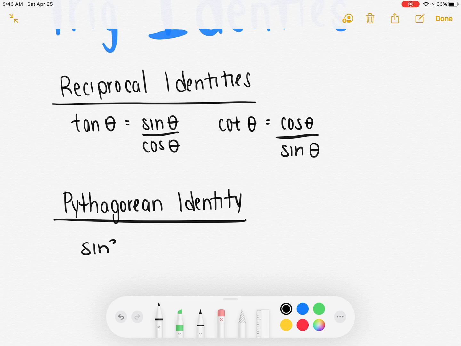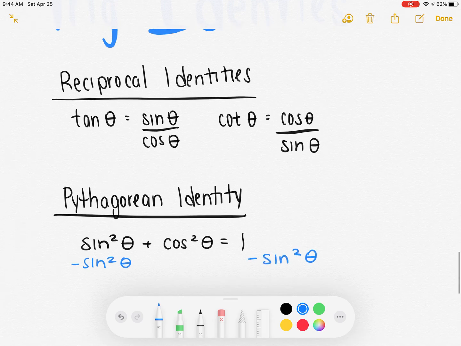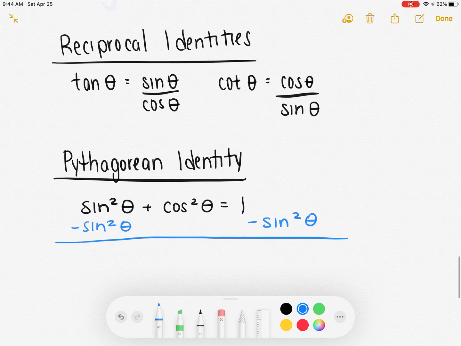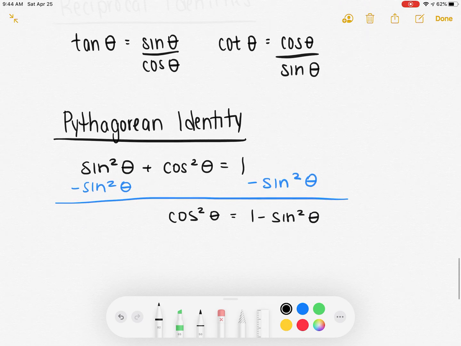which is sine squared theta plus cosine squared theta equals 1. And remember, I can manipulate this. So if I need cosine squared to be by itself, I can subtract sine squared from both sides and get myself a new equation, or a new identity, that says cosine squared is equal to 1 minus sine squared theta. I can do the same thing